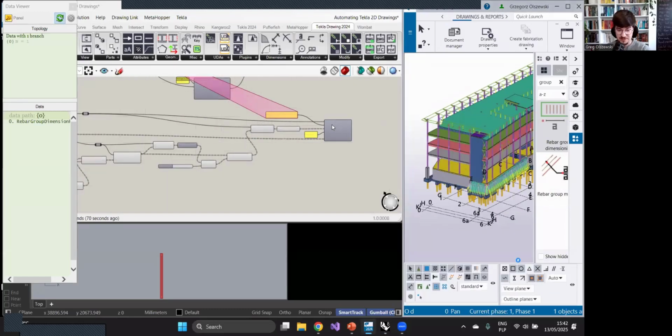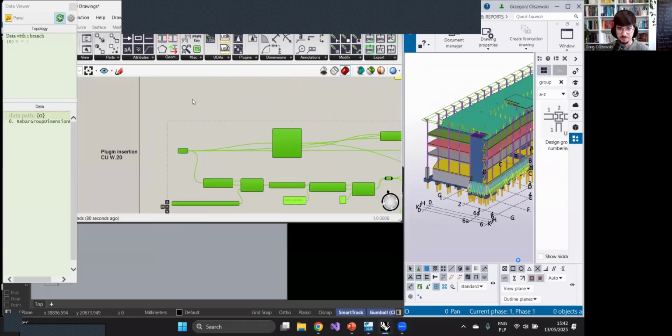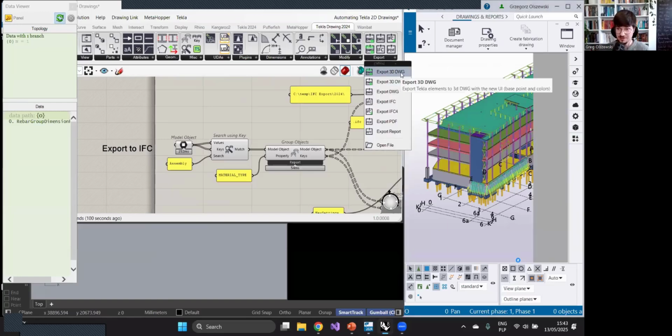And the last thing that I have prepared is something maybe not related to the drawings, but this is about the export functionality. This is something quite new in terms of the drawing link, because as you can imagine, the export is not heavily connected to the drawings. Of course, when we want to export the drawings to DWG or to PDF, it is definitely a drawing operation, but the export to the 3D DWG, so getting the whole model content and getting it to the 3D DWG or to the IFC, or to the report, are definitely not drawing operations, but I believe